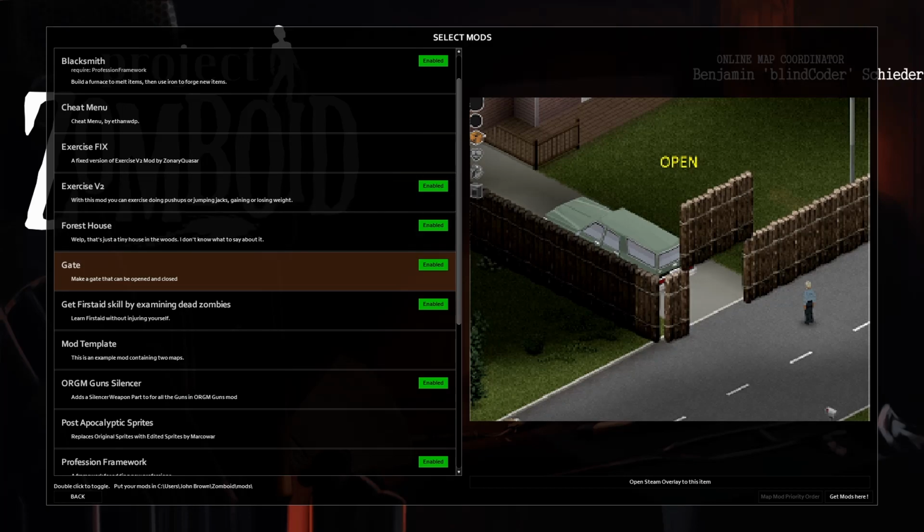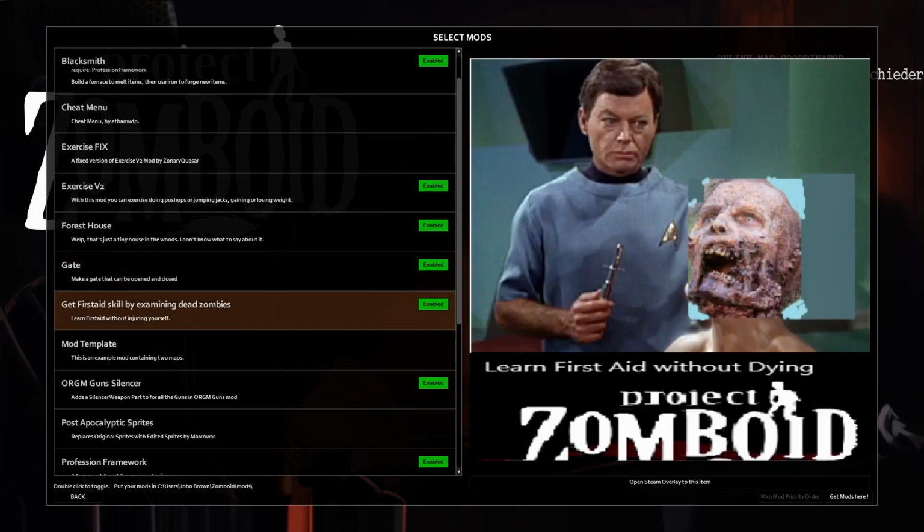Obviously gate is self-explanatory, and then obviously we've got this. Yes, it's from Star Trek. Yes, this is probably from Walking Dead, which I'm not really a fan of the series anyway. This basically helps with the fact that the only way you can get your first aid skill up, and you